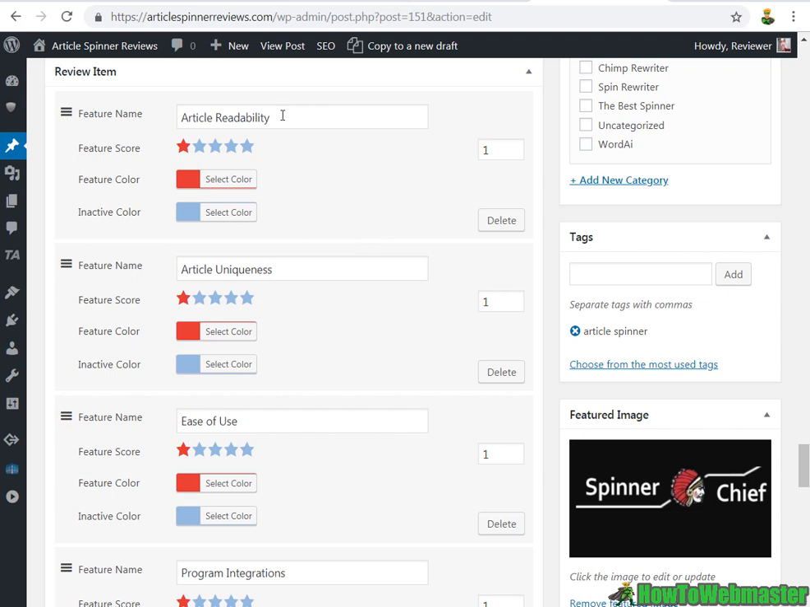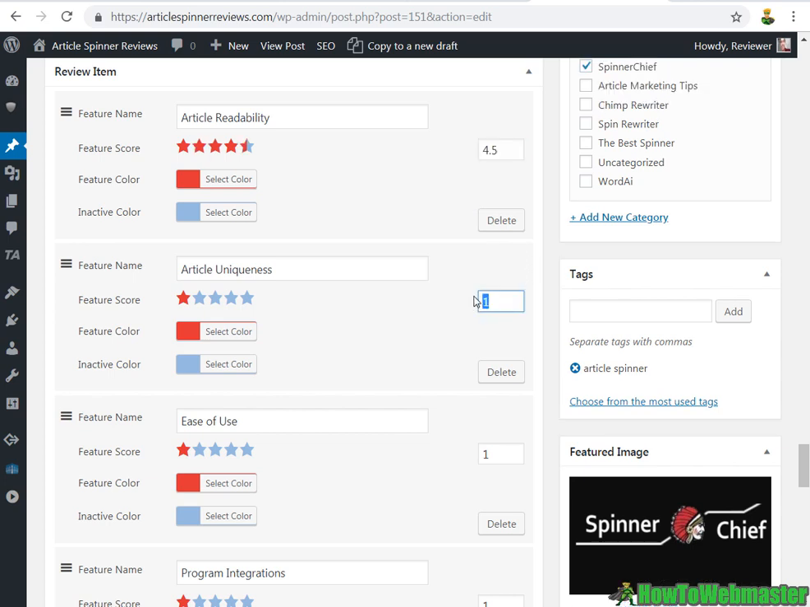The article readability, it was very readable, so I'm going to give it a 4.5. There are still mistakes, and normally I would not give a 5 unless it's perfect, and there's probably no such thing as a perfect article spinner. Article uniqueness, I will give this a 3.5 out of 5 stars. Since all the super spinning options were pretty much the same, they all produce an article that is 70% similar to the original article, so making it about 30% uniqueness. So that's not good,